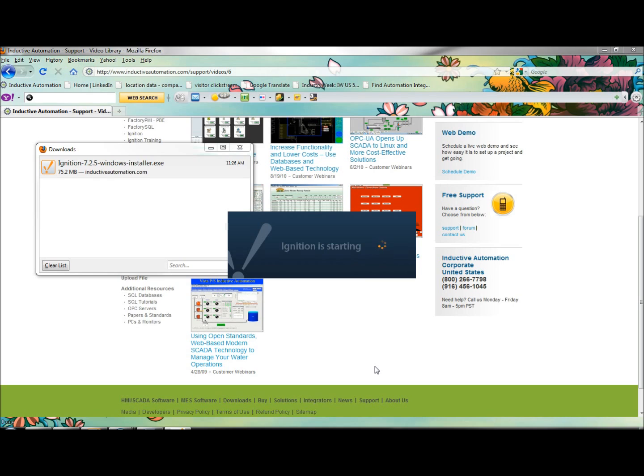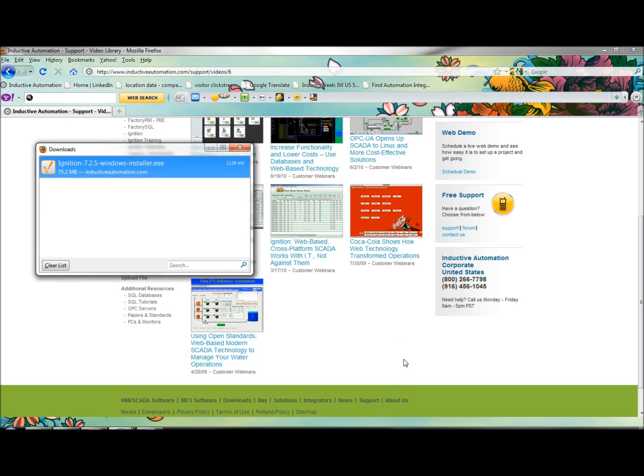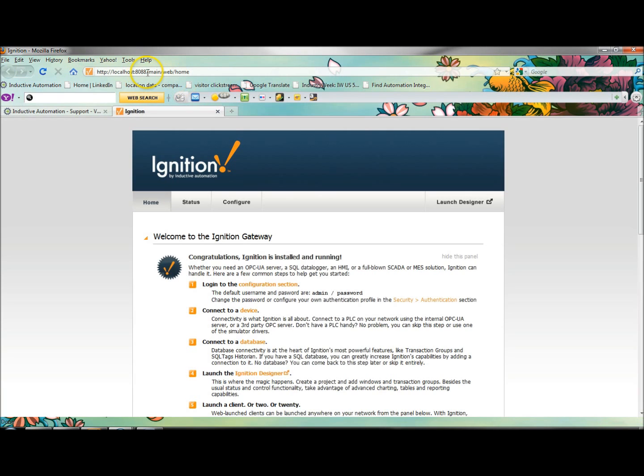So it's going to install it at port 8088 on your computer. So that's just a default Ignition port. If you want to install it somewhere else, you're more than welcome to. From that port, you could actually go to, this is the address right here basically. So you can go to any other computer on your network right now, and what you would do is just open up your web browser and type in the name or the IP address of the computer that it's loaded on, followed by port 8088, and you can get to the same